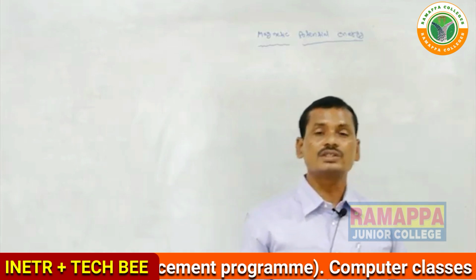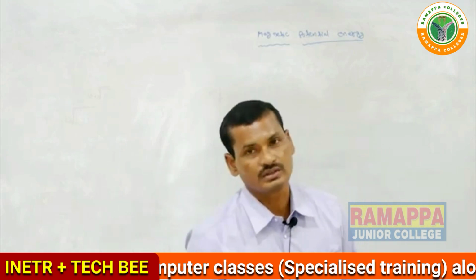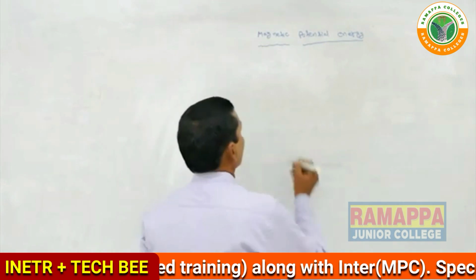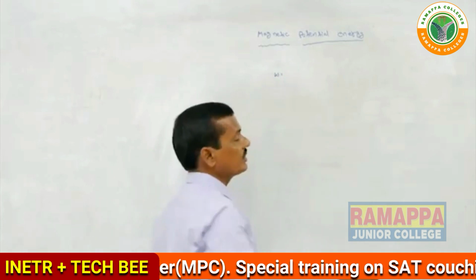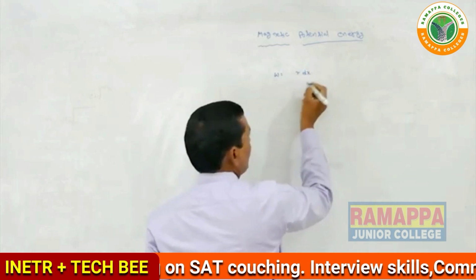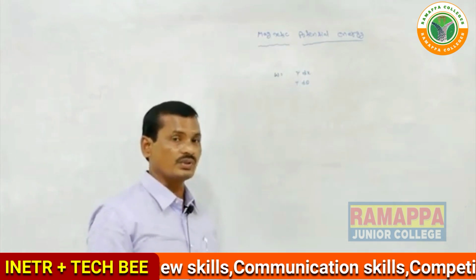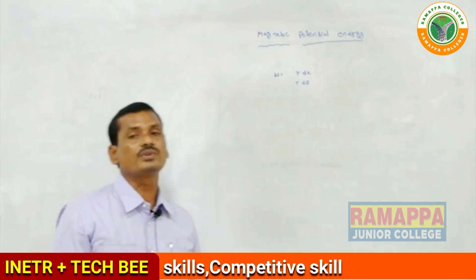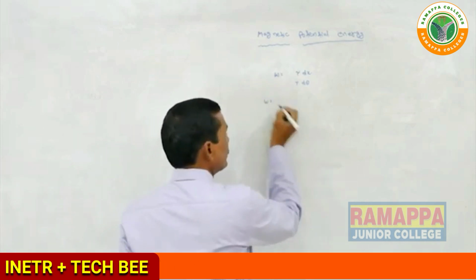According to the work-energy theorem, we already know that energy is also one kind of work. Therefore, work done W equals tau into dx or tau into d theta. Now tau is replaced by force and dx or d theta is displacement. Work done W equals force into displacement. In the same way, work done W equals tau